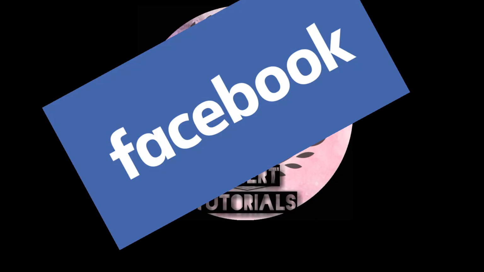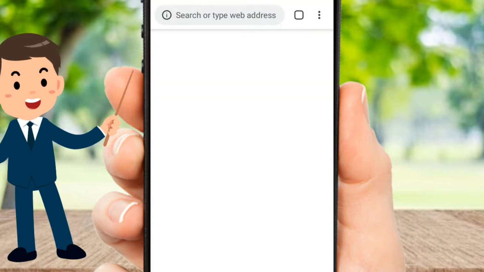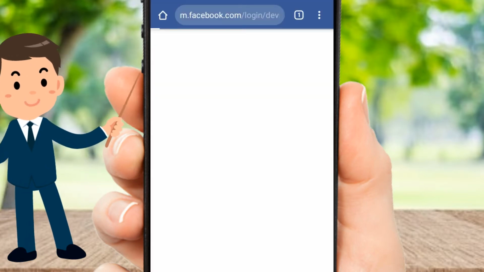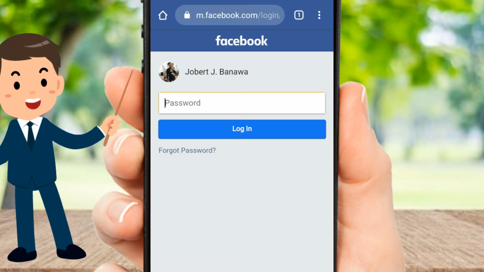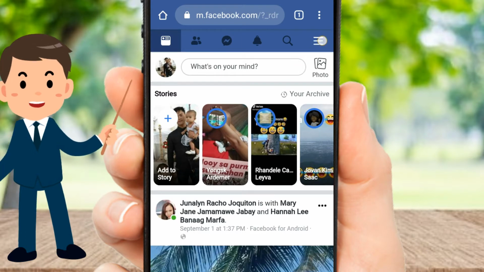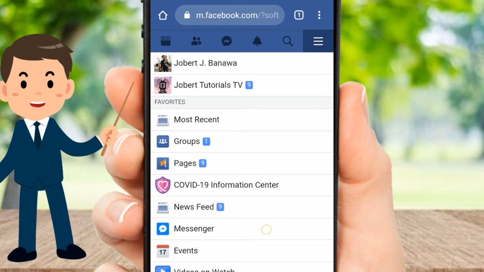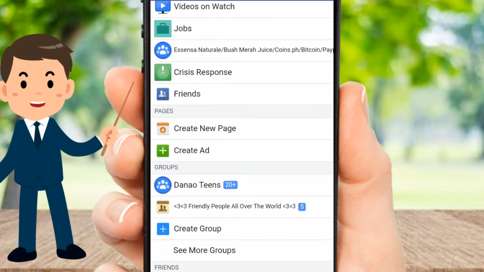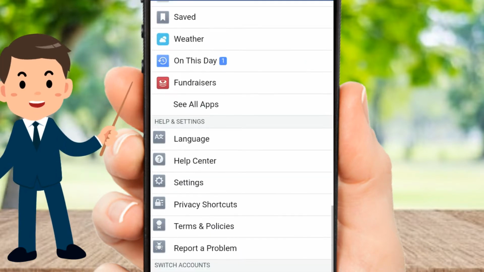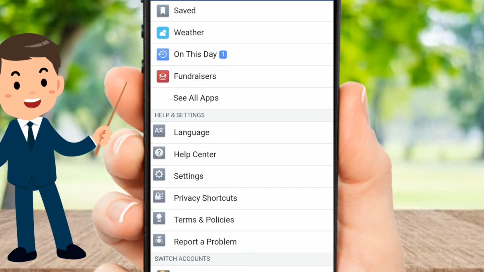First thing we need to do is to open your Google Chrome browser and then just go to facebook.com and then just log into your Facebook account. So after you log into your Facebook account, just click on the three horizontal lines in the upper right and then just scroll down below, and as you can see there, the settings, just click on the settings